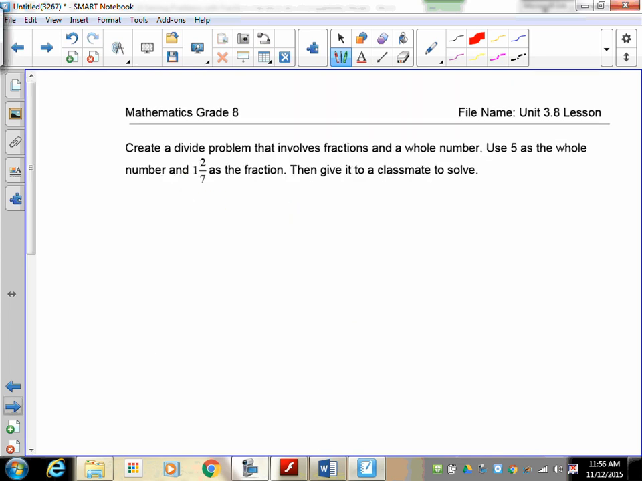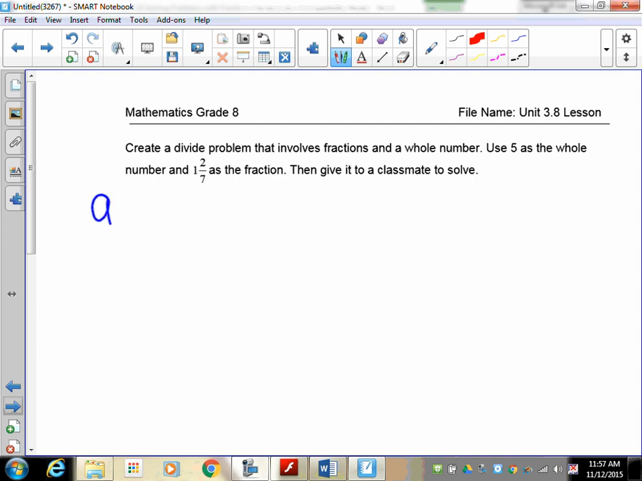All right, now what I'd like you to do is kind of difficult because you're at home now. It's to create a divide problem that involves fractions and a whole number, use 5 as the whole number and 1 2/7 as the fraction, and then give it to your classmate to solve. So what I'm going to do is I'm going to basically just shortcut the whole thing. I'd like you to take